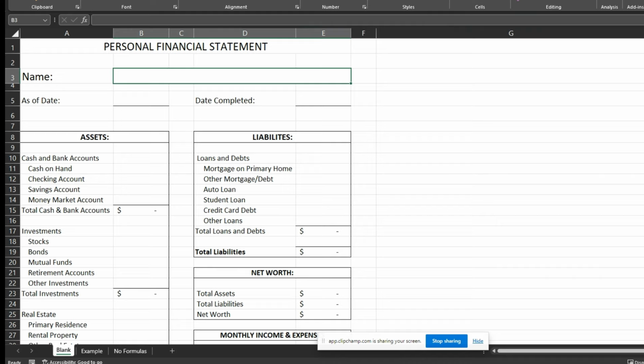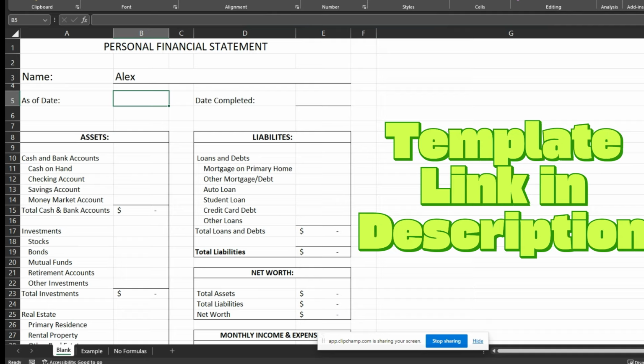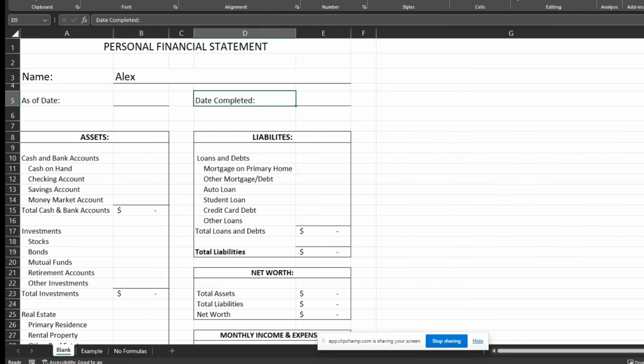First of all, your name. Pretty simple. As of date. So there's two dates on this. This would be as of date and date completed. Date completed would be the date that you're actually filling this out. So for me, this is September